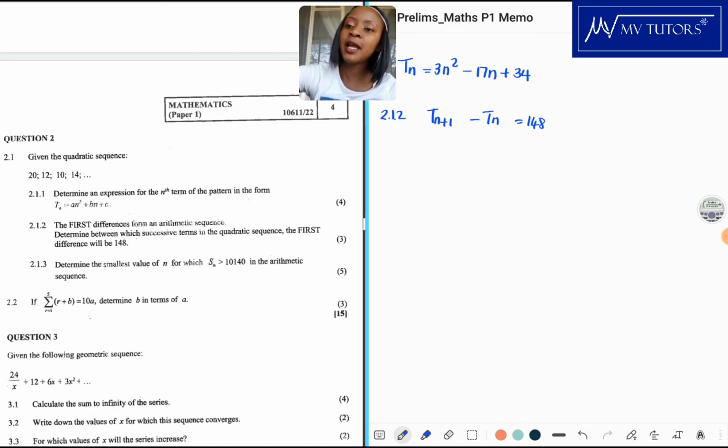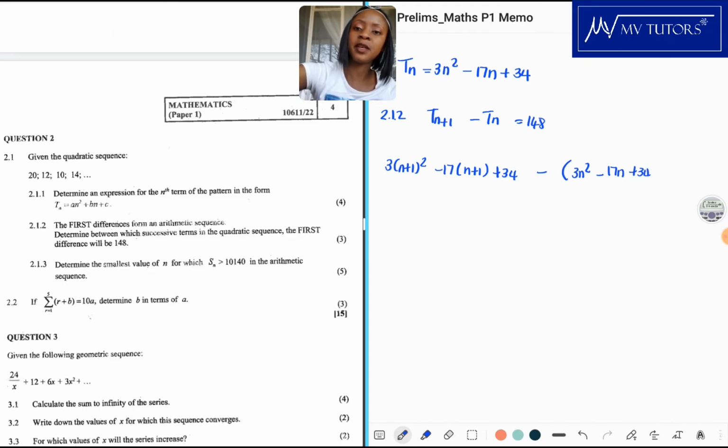Now we look at our tn equation, but we're going to put n plus 1. So 3(n plus 1) squared minus 17(n plus 1) plus 34, all of that I'm subtracting 3n squared minus 17n plus 34. And all of that should be equal to 148. So if I multiply out,